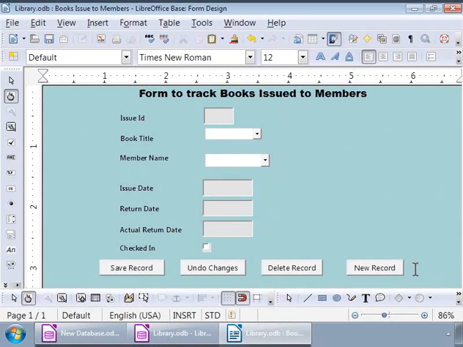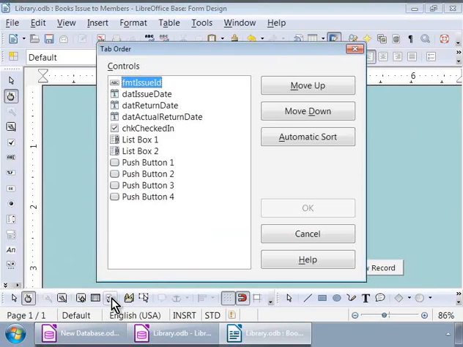In the Form Design toolbar, usually found at the bottom of the window, we will browse through the icons and find the icon with the tooltip that says Activation Order. Let us click on this icon. Now we see a small pop-up window with Tab Order as its title.